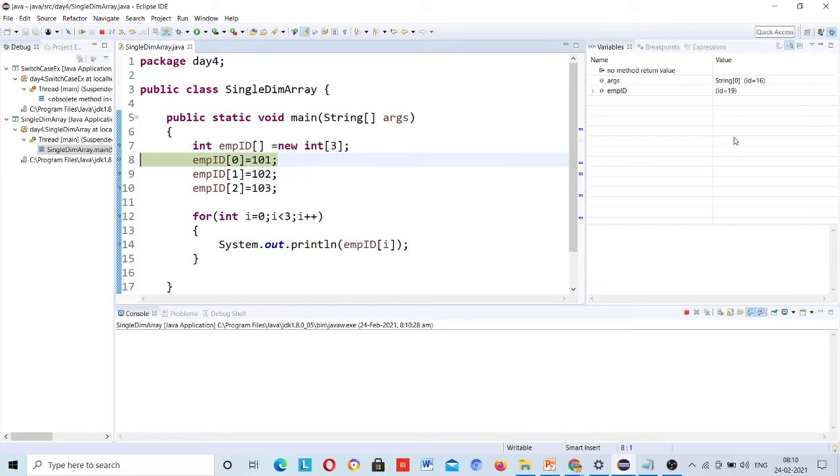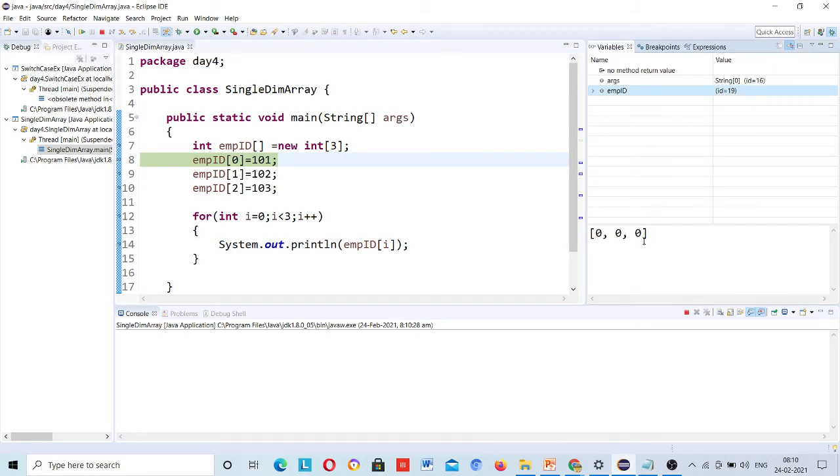And then employee id 1, which is id. What it actually stores in id is some reference. You can see 000. Okay, when you skip one step, then your size is filled by 101.